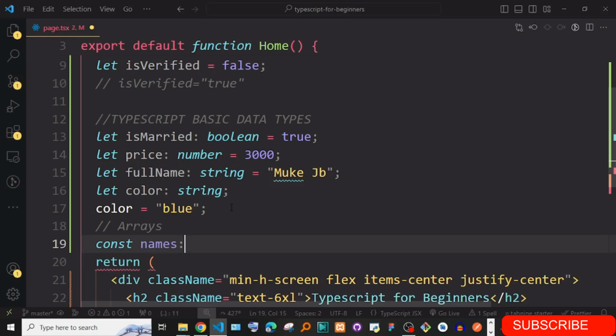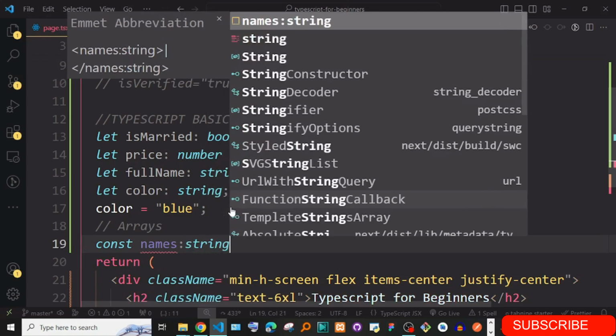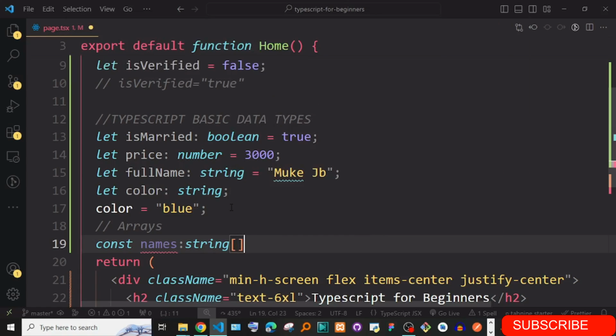This is going to be strings, an array of strings, and this is how you can define it. And you can see, for instance, you put Sam, maybe Owen, Joel. So you can just have the names.